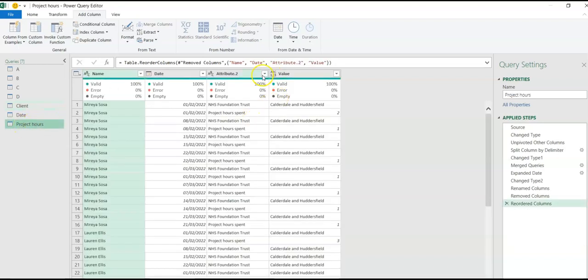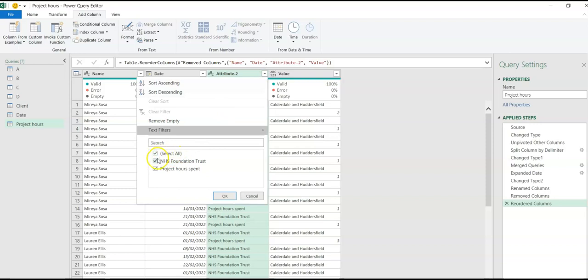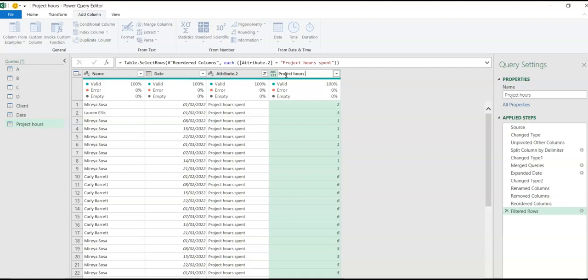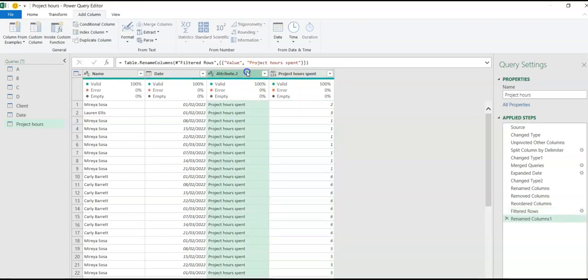So now we come to project hours. We do the same thing. So here we want to filter down to project hours spent. We don't need this column, so we can rename this and delete this.